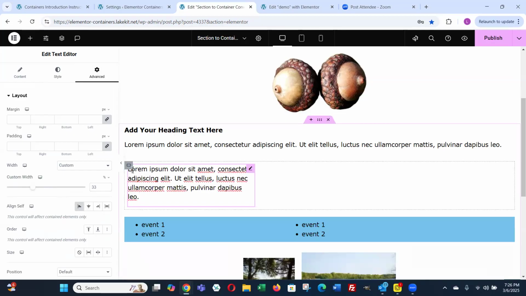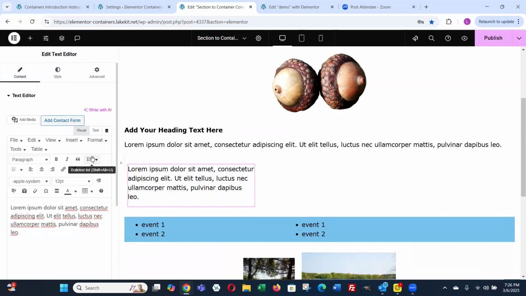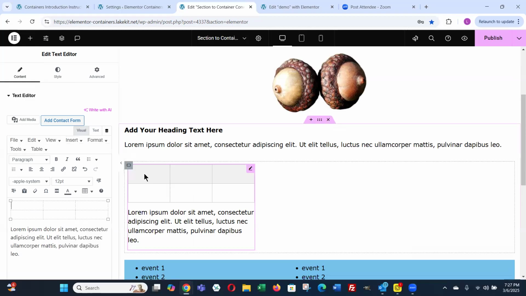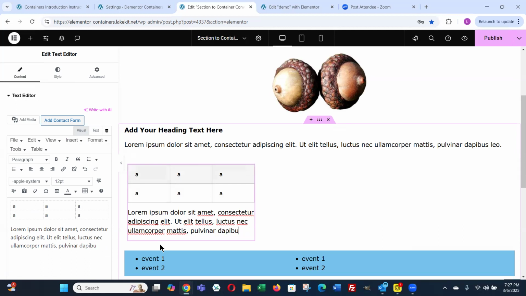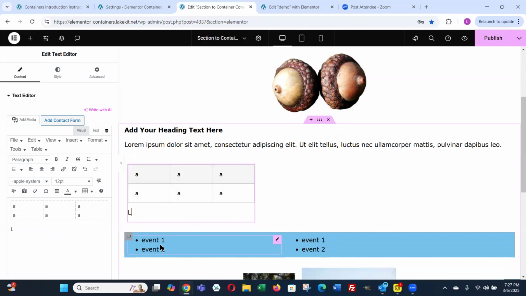Now we're going to add a table. So if we go back to the content tab and select insert table and drag it to a 2x3 shape, and that adds a 2x3 table. And I'm going to just add a character in each cell so that I don't lose the cells, which has happened to me. And then I'll delete all this extra stuff. So we've added a 2x3 table, and we're going to next duplicate it like we did before.